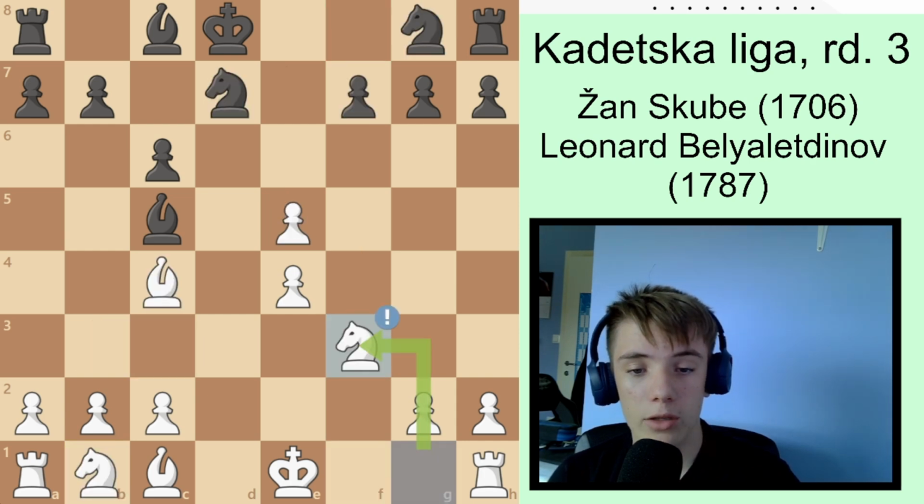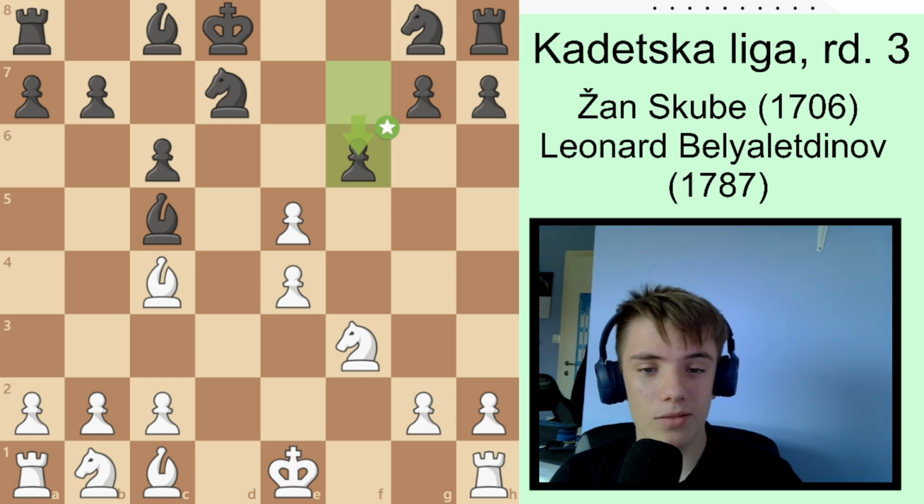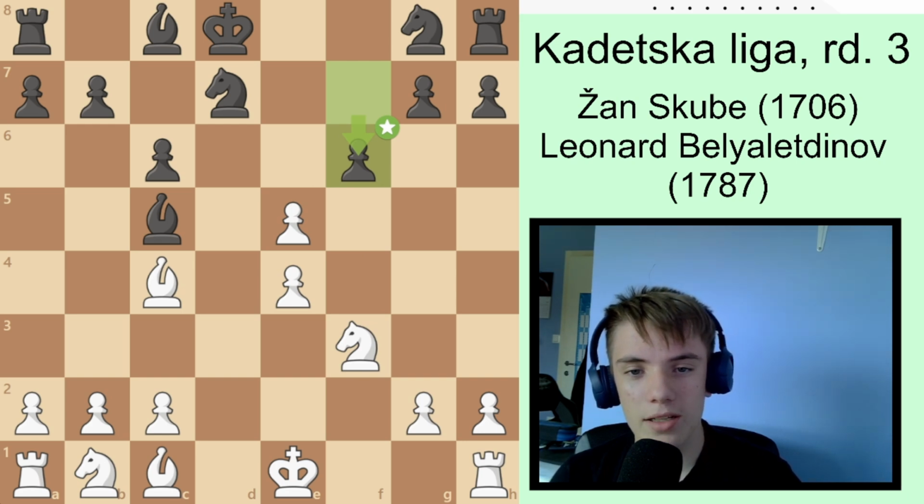So I played the move knight to f3 here, simply defending the e5 pawn, and now he played the move f6, which I thought was kinda stupid from him, and of course it is the best move and I don't know anything about chess, but I thought that after I take the pawn, which I did in the game,